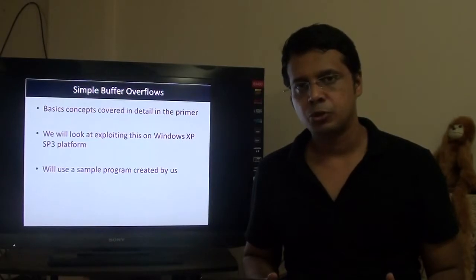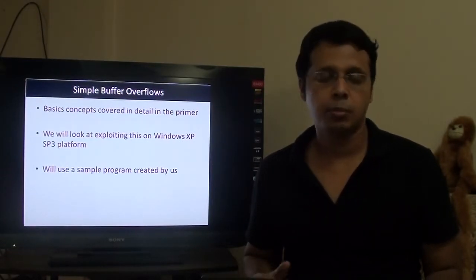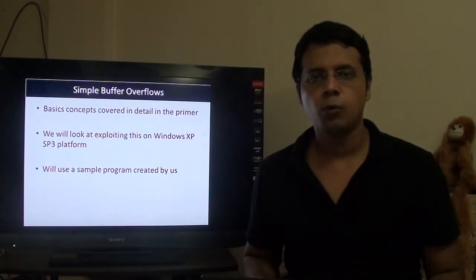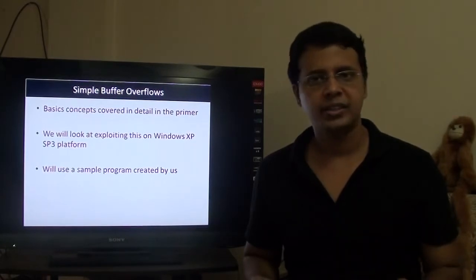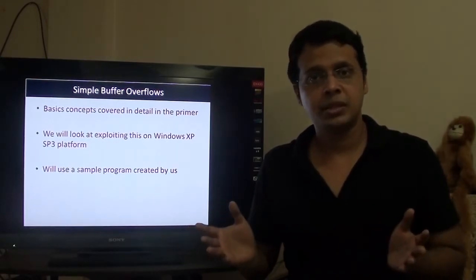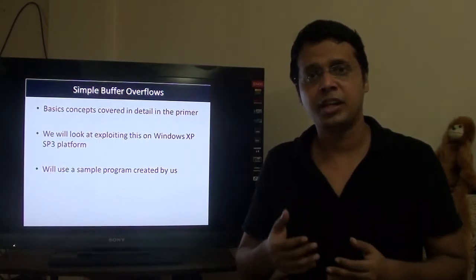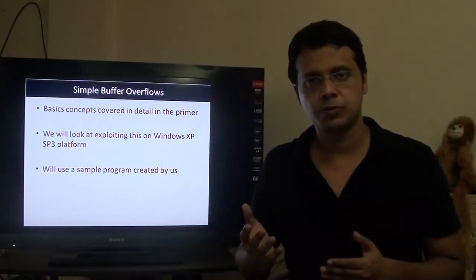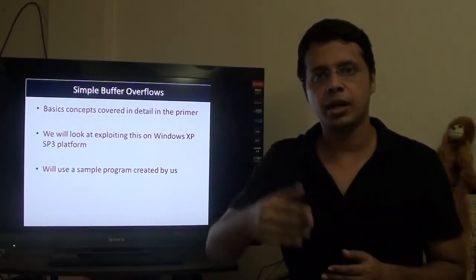Right, so what we are going to look at in the very next episode is basically how to exploit a buffer overflow vulnerability on a Windows XP SP3 machine. There is no DEP, no ASLR, nothing applied currently to this scenario. If you do not know what DEP and ASLR mean, no worries at all. This is for people who are probably waiting for some of those more advanced videos. We'll come to that, don't worry, we'll take baby steps at a time.